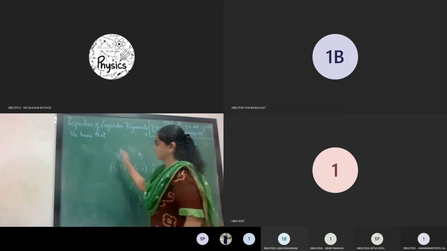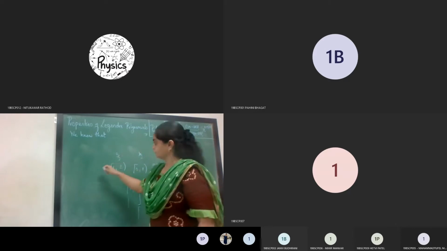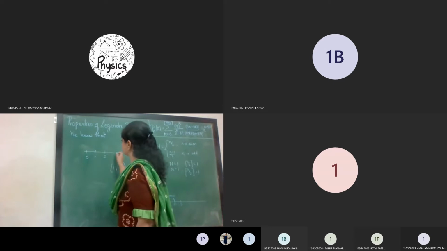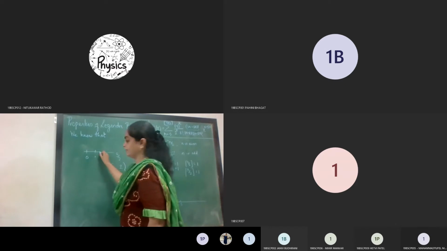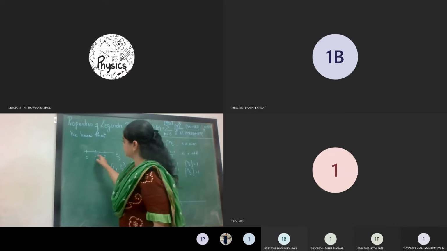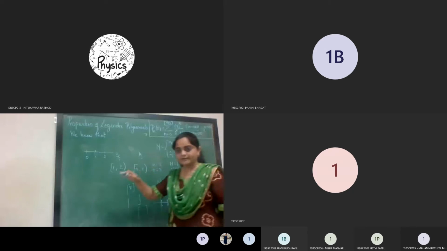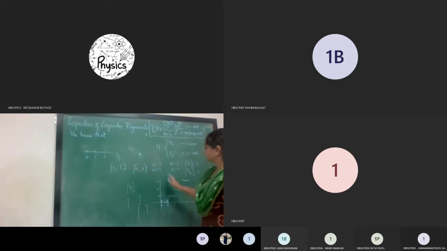So what will be the left side integer of 3 by 2? So where will 3 by 2 actually be? This is 1, this is 2, and this is 3 and so on. So 3 by 2 will be here. So the left hand side integer of it is 1. So whatever values lie between 1 to 2 will take the value 1. Similarly, for 2 to 3 it will take the value 2, and so on. So it is a step kind of function, right? So the integral part is nothing but this one.